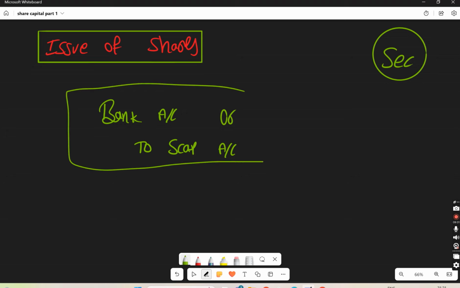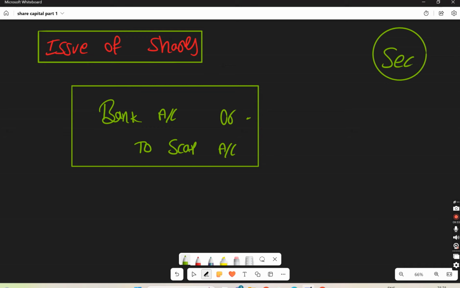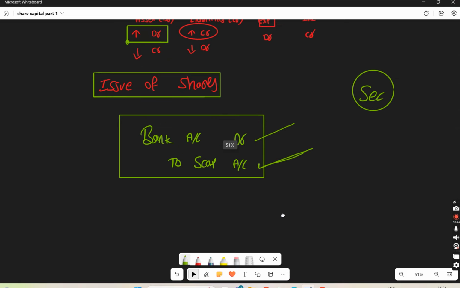Remember this part. Bank account we are debiting because asset is increasing. Share capital we are crediting because liability is increasing. When asset increases, debit; liability increases, credit. Okay. Now